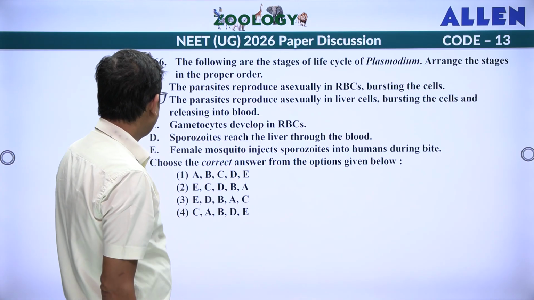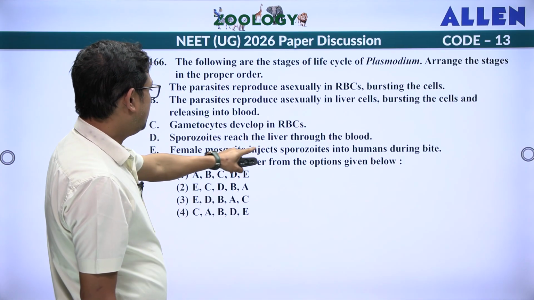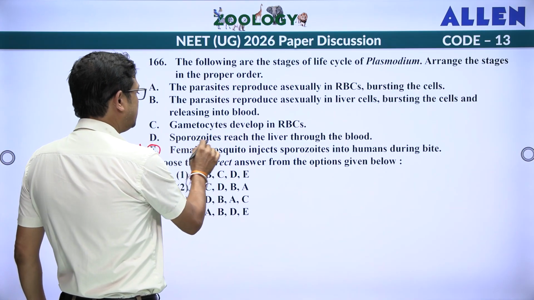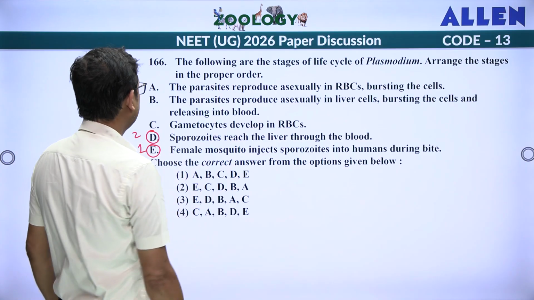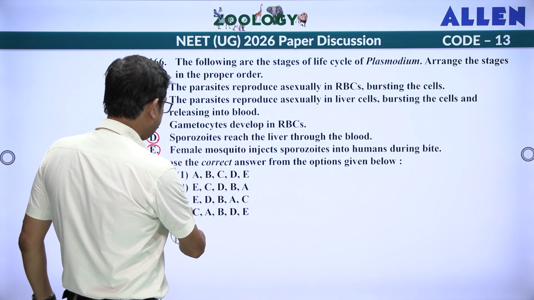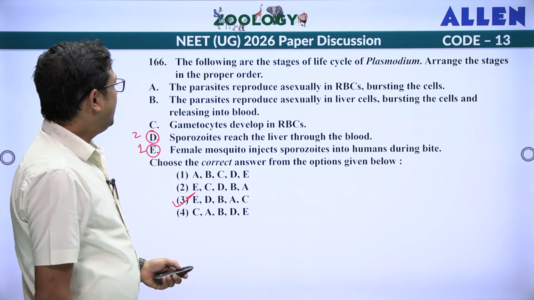So let us check. Sporozoites reach liver. Female mosquito injects sporozoites. Yes, E should be first. Then sporozoites reach the liver through blood, that is 2. So let us check ED, only one option says third one. Okay. Next,